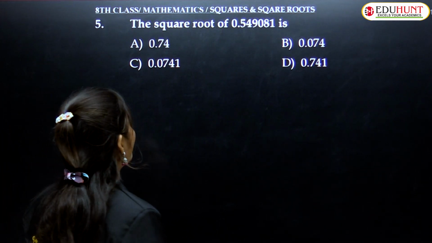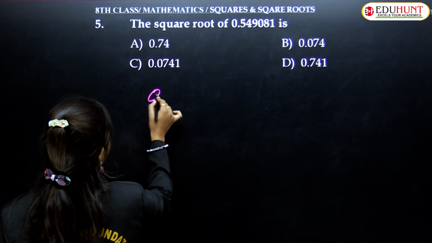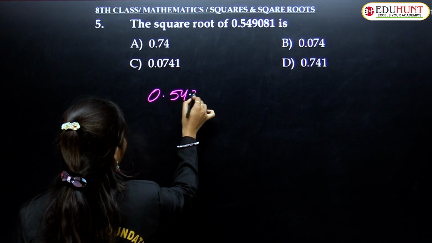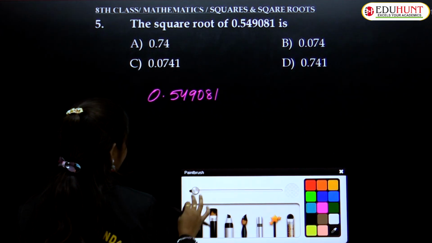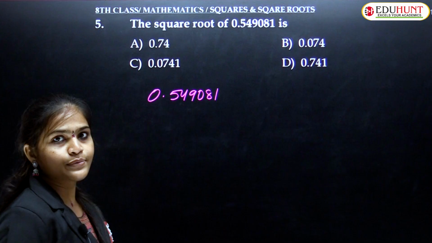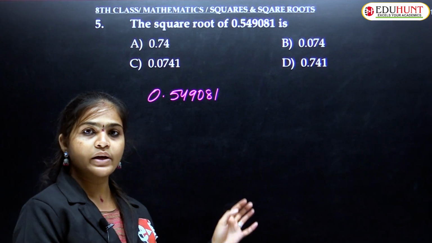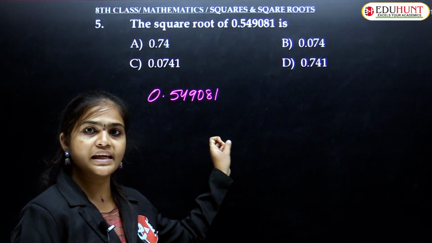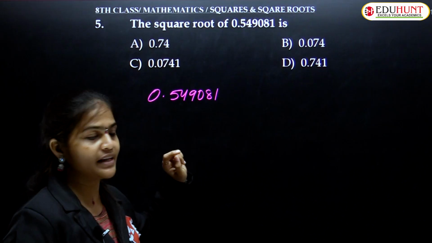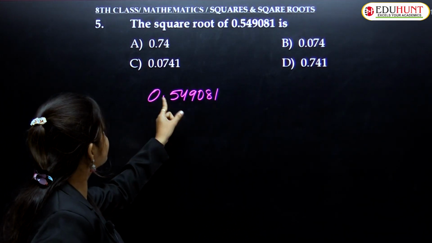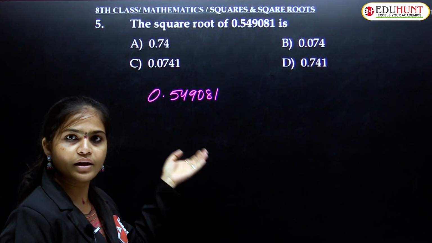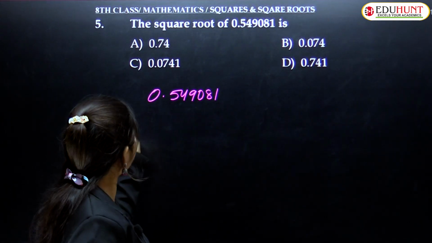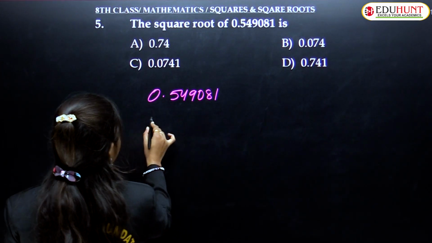We need to find the square root of 0.549081. So square root we need to find out. So the square root, that is in decimal form, no? So here children, in 2 ways we can simplify this one. One is, here 0 point something is there, so directly you can take the decimal value, or else if you want to take that in 2 methods, you can write this one as